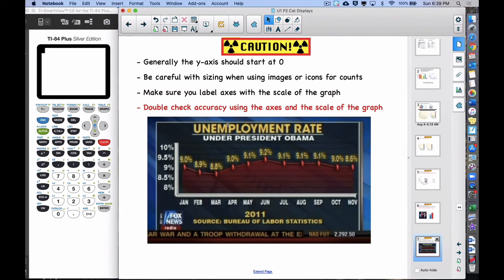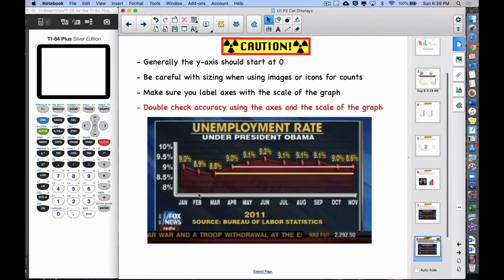And then also double check accuracy using the axes and the scale of the graph. So this is the unemployment rate under President Obama. To be honest, this one has a whole bunch of problems. So I'll just pause it and look at this graph and see what you notice. Let's start looking through these. First of all, if you look at where 9% is, that does seem to be right across from 9%,